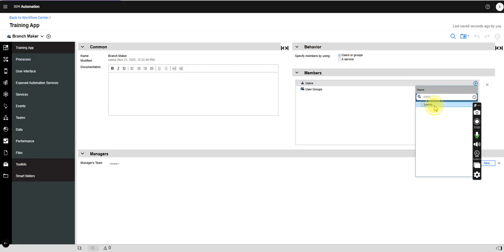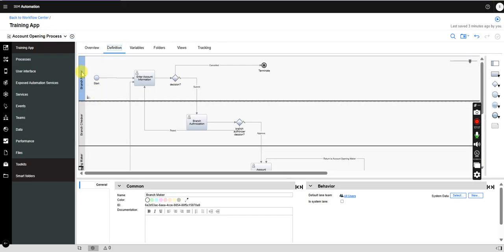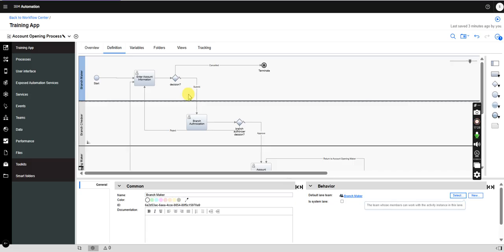Okay, I've selected my name, Samia, and I can add myself as a branch maker. But I've told you that you should be selecting a group for each of these teams from the process admin. Once you have this team, you can select it over here. You click on this lane, you select, and you can simply say branch maker. So this task is going to be assigned to all the users in the branch maker